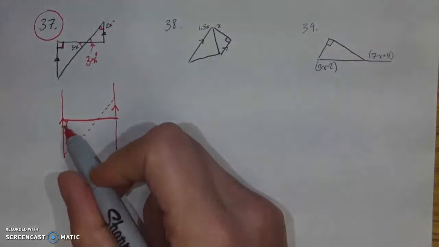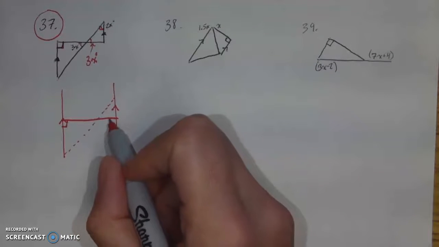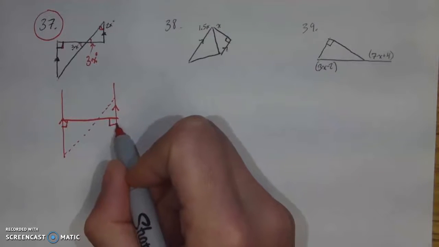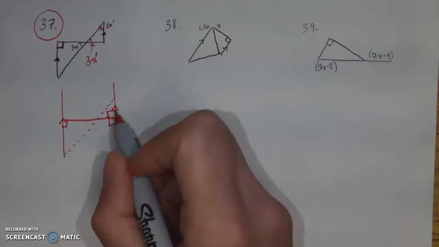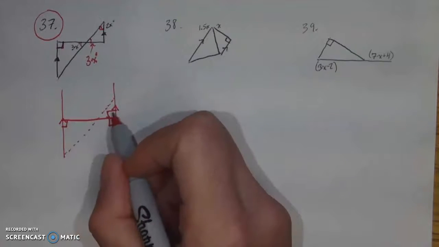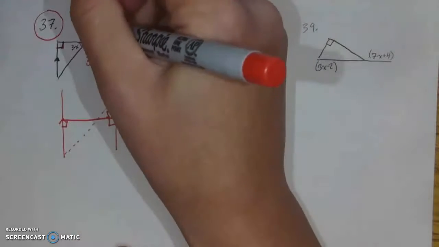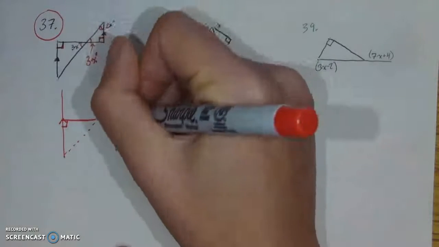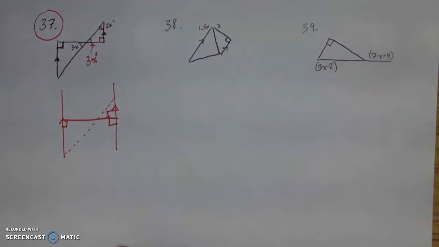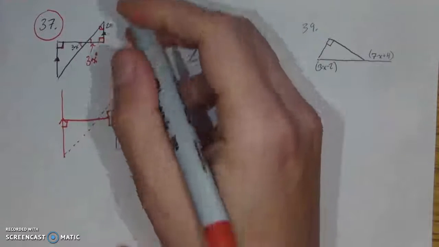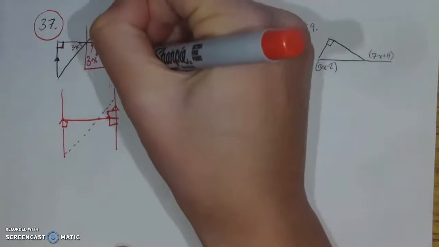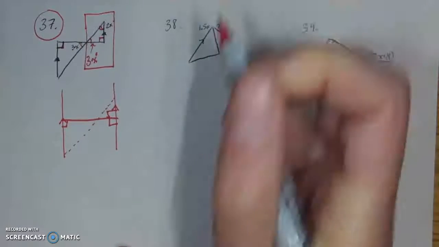If this is 90 degrees, then according to what we know about alternate interior angles, these 2 measures have to be the same. So if this is 90, this also has to be 90. So that means that this little angle right here in the corner is 90 degrees. That ends up being really useful because now I have one triangle with each of its vertices filled in terms